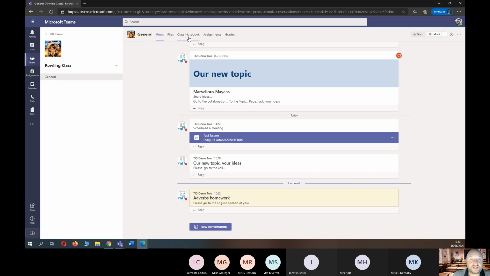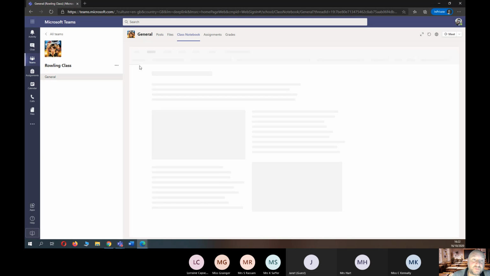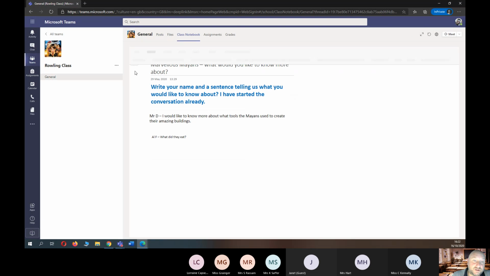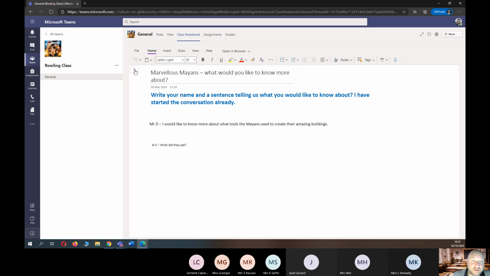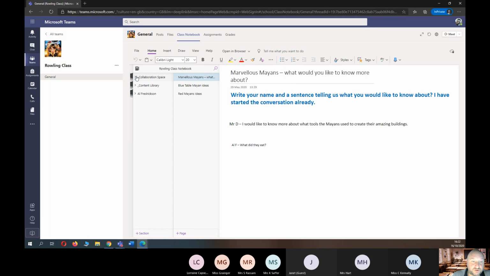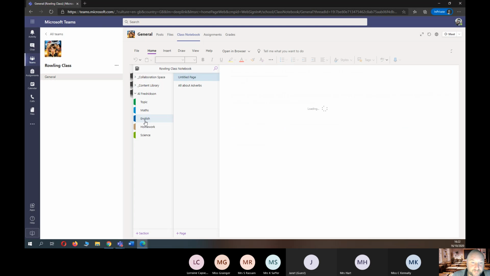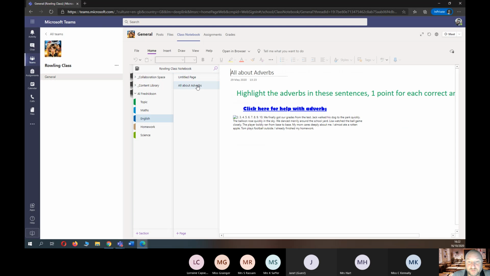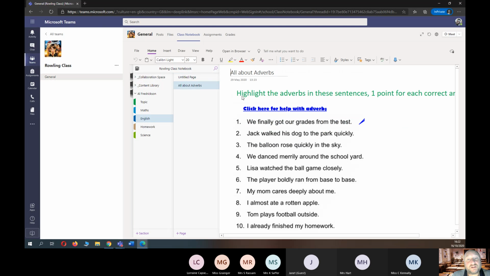Needs to go to the English section, so he's going to open up his class notebook, and then he's going to just expand that so he can go to the right section. He's told to go to the English section, so Al Fredrickson, English, and there's all about adverbs. So what Al can do now is he can go to draw, he can get his highlighter, and he can start highlighting,